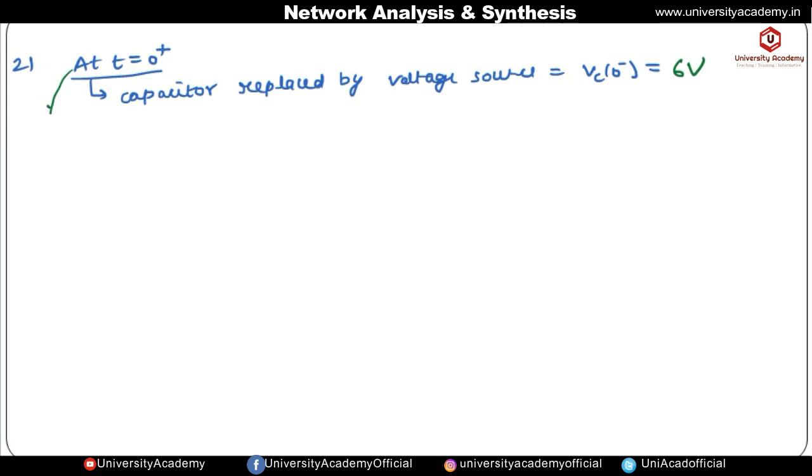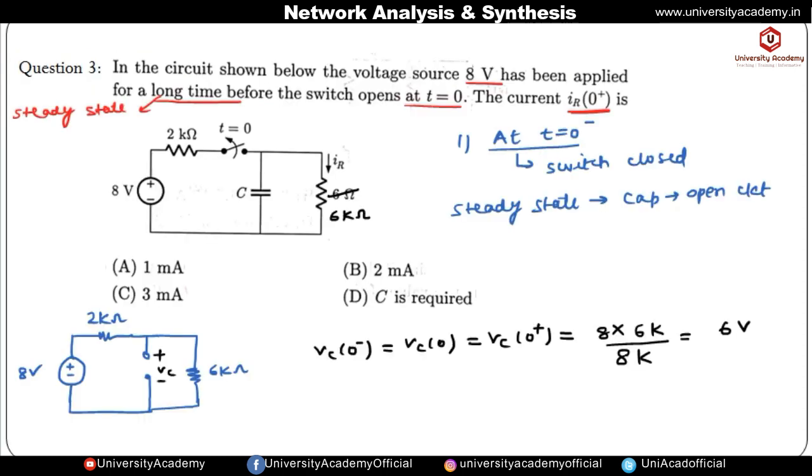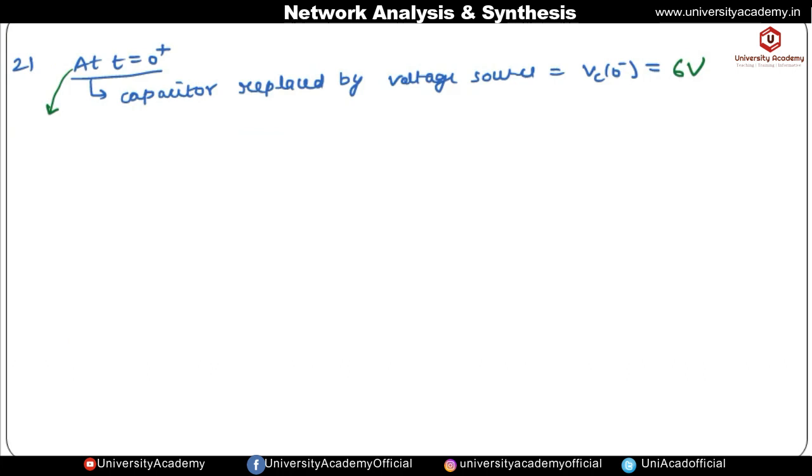Also at t is equal to 0 positive, so this is after t is equal to 0. At t is equal to 0 our switch is getting open. Okay, so the switch is getting open at t is equal to 0 positive. So just after the 0 instant, our switch will be open. Okay, so the switch is also open at this instant. Okay, so let us draw the